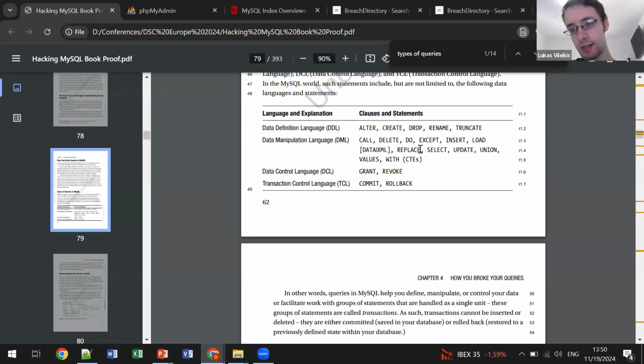Replace essentially replaces one thing with the other. Select obviously selects rows, and update updates them. Union can be useful when you're joining one query with the other, and also the with clause. You also need to be aware of security within your database instance, and that can be done